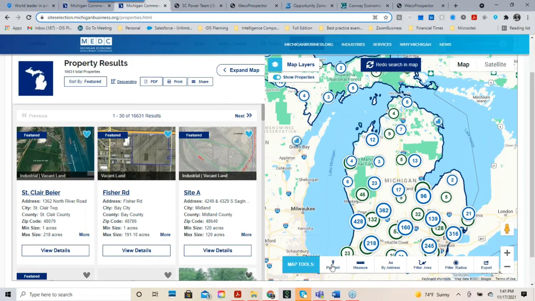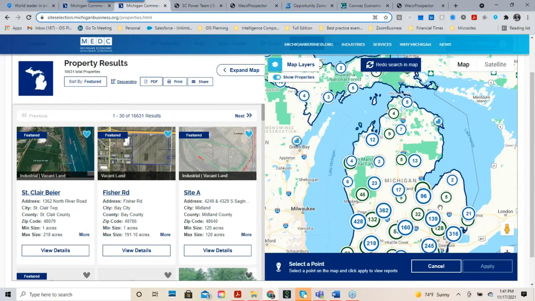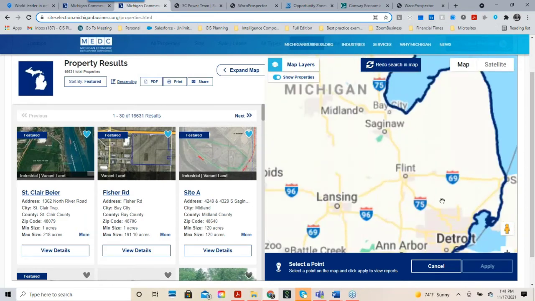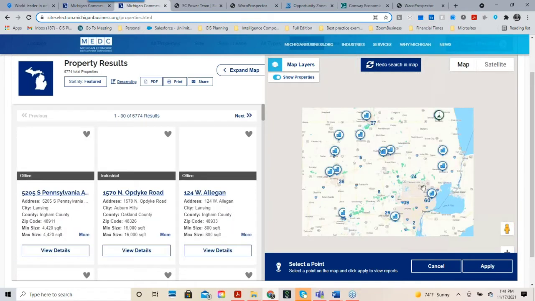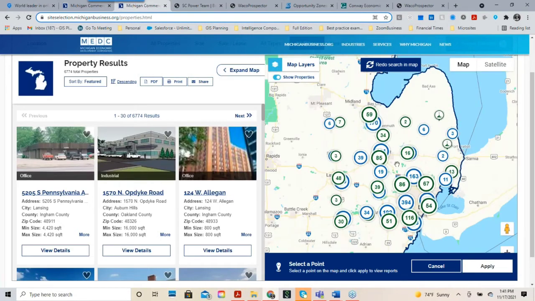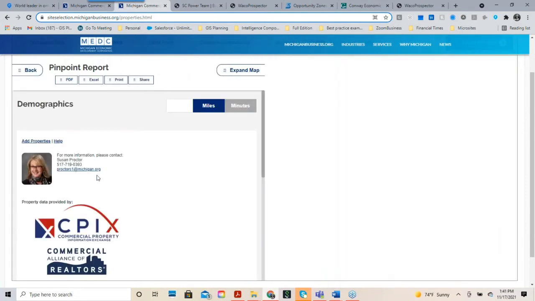Another really cool feature is the ability to pinpoint. This came in handy when I was a client of GIS Planning, again, 22, 23 years ago. The pinpoint feature just allows me to drop a pin anywhere on the map in the client territory, and I can get all of the sites and buildings information from that particular pinpoint. So it really just allows me to get the same detailed demographic and consumer expenditure, and that